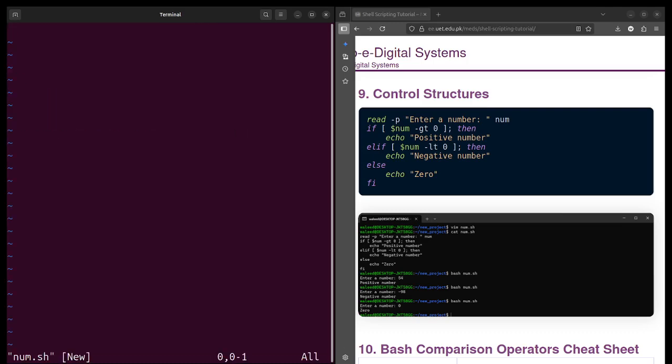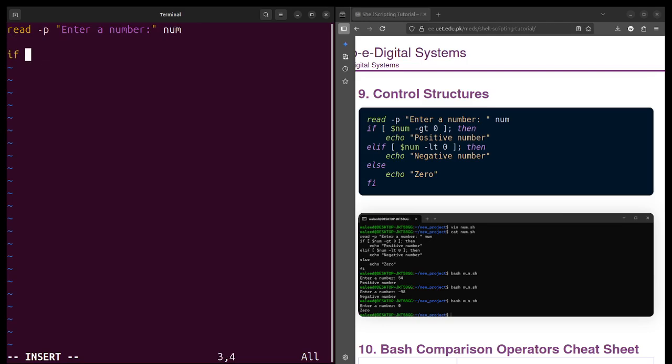Okay, so let's write its simple function. read -p, enter a number. So it will create input from the user. It will print the line enter a number in front of the user, and whatever the user writes, it will store in the variable num.